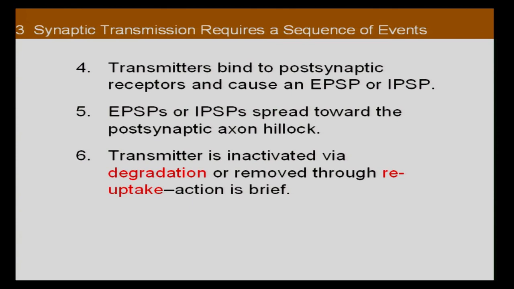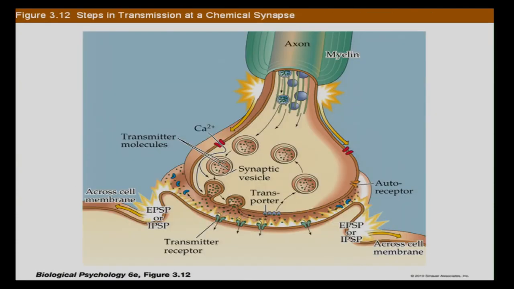Transmitter that has been spit out because of the calcium coming into the presynaptic terminal is inactivated via two mechanisms. There is inactivation via degradation, or inactivation via removal through a reuptake mechanism, so that the presynaptic terminal can reuptake this transmitter, save it, and repackage it into new synaptic vesicles. But you want to get rid of it because these are